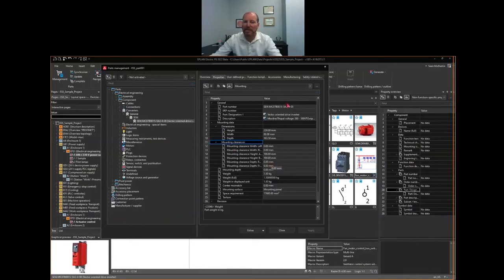So a very nice way to organize the information, especially when you see how much data manufacturers are now providing with their parts. So you'll notice a tremendous improvement in the performance as well. Managing thousands and thousands of parts will be a lot easier. And if we talk about editing parts, typically users love to edit the parts